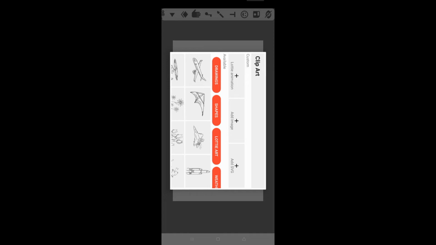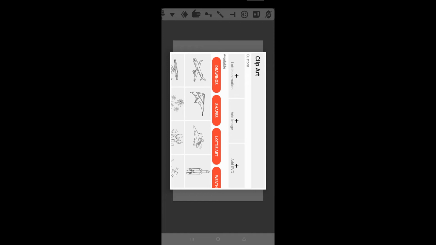Much more is also available in custom, like drawing, safe and so on. In custom, animated videos also you can insert by using this, and by using this you can add your images, and by this add your SVG images.